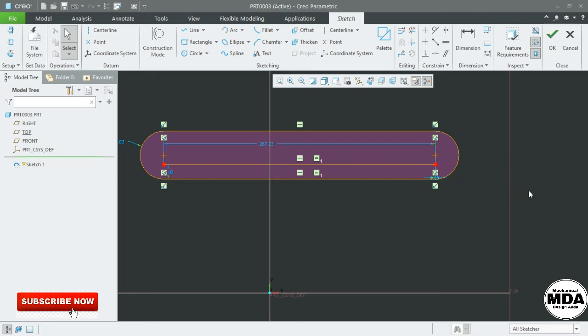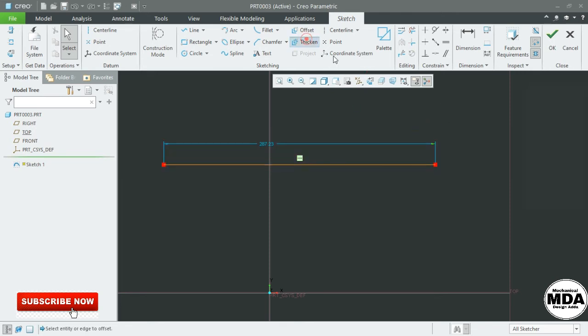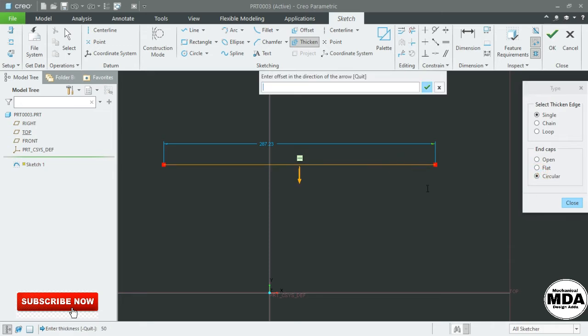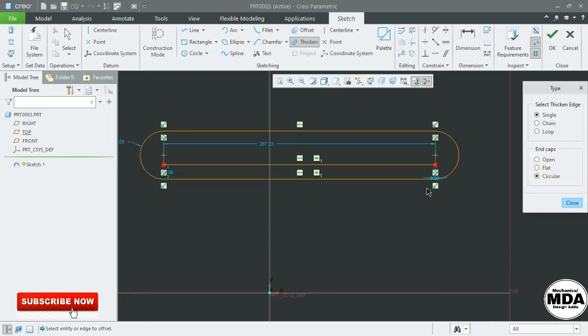But here the ends are circular. You can see that here is the circular end. Select the entity, give the thicken value. Now here you can see that the circular ends are here.